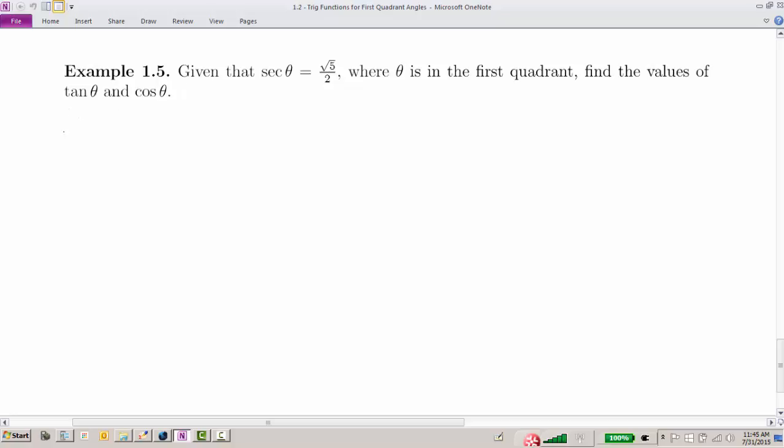We know that secant and cosine are reciprocals of each other. So since secant is root 5 over 2, this means that cosine of theta is equal to 2 over root 5. It's reciprocal. And now, knowing that cosine is 2 over root 5 and theta is in the first quadrant, we can